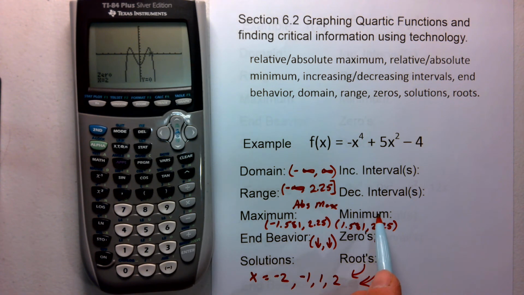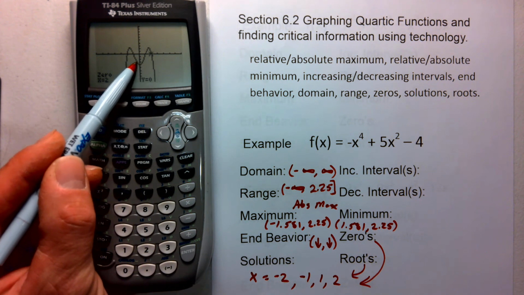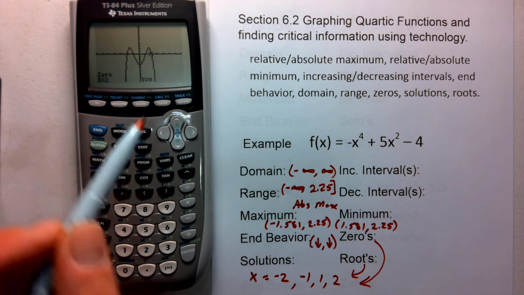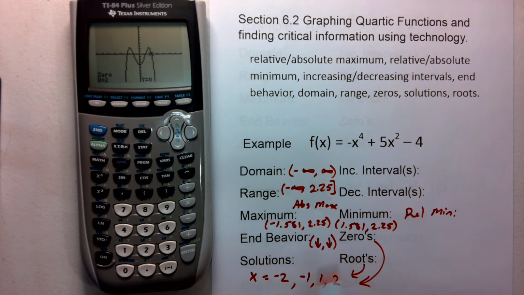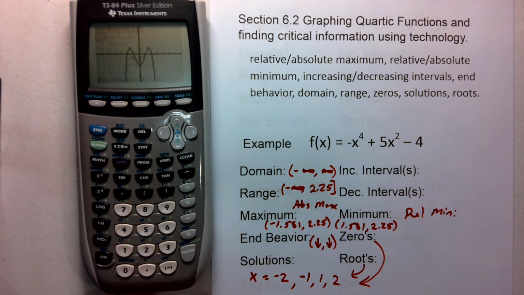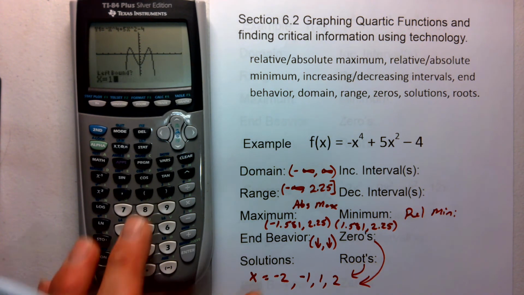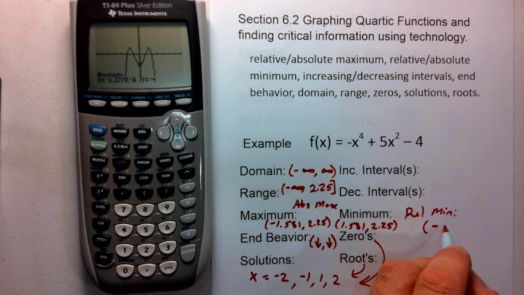We can go ahead and find that minimum value. So looking at this minimum value, again, just in this region we have a minimum value, don't we? So we call this one a relative minimum. So that relative minimum, we can do second trace. We can do our minimum, number 3. Again, we can type in a number. We can type in, how about negative 1? And to the right, we can type in 1. Hit enter, and that gives us a relative minimum at x equals